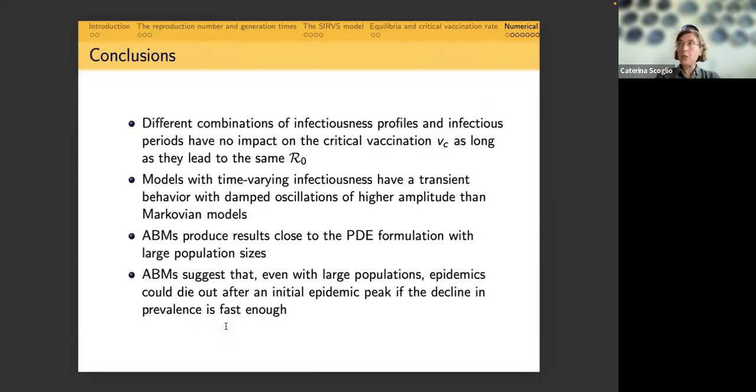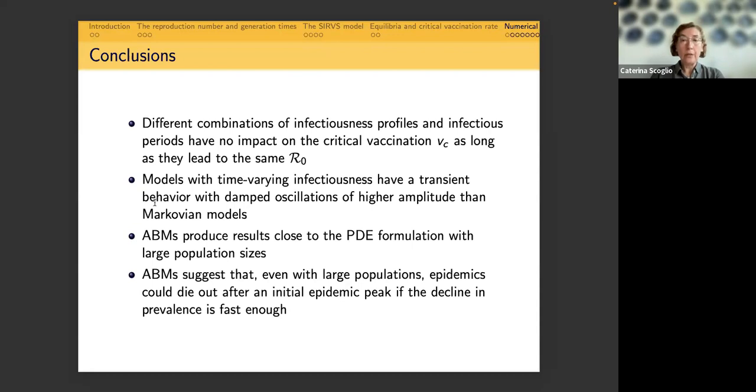And so my conclusions are the following. Different combinations of infectiousness profile and infectious period have no impact on the critical vaccination rate VC as long as they lead to the same R naught. So the first conclusion is that we don't actually need the complication of non-Markovian models to compute the critical vaccination rate. But